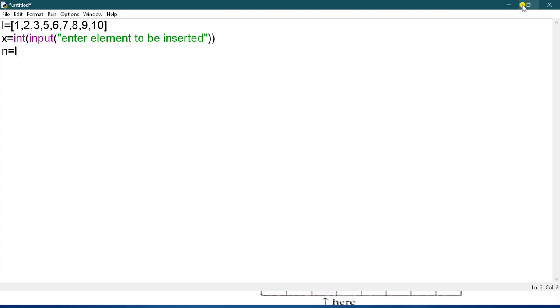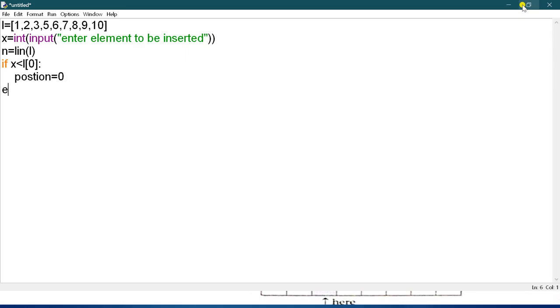Now calculate the length in variable n, which holds the length of this list. Now if x is less than L of 0, then the position will become 0.